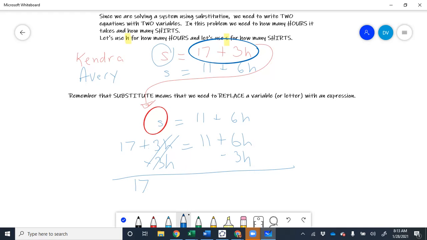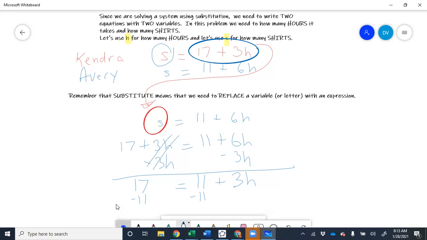And let's write what I didn't cross off. 17, I didn't cross off. The equals I didn't cross off. The 11 I didn't cross off. And then we have 6H minus 3H, which is just 3H. We also want to get the terms that don't have H by themselves, or isolated. Here we could subtract 11 from both sides. So if I subtract 11 from this side, and subtract 11 from that side,